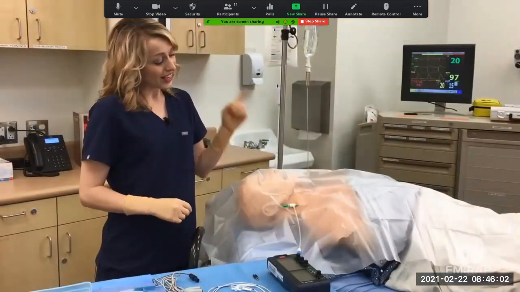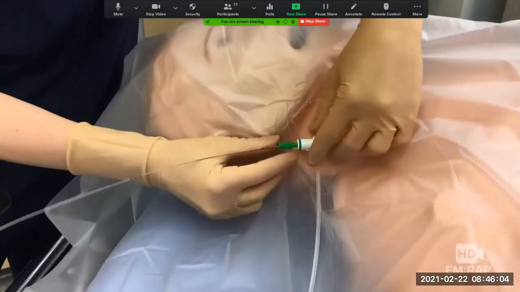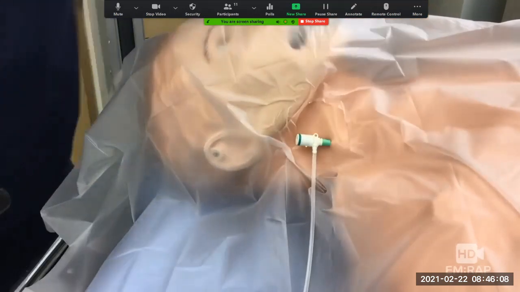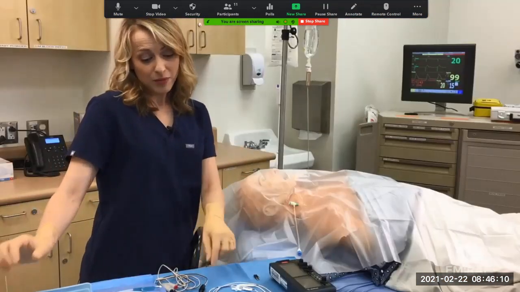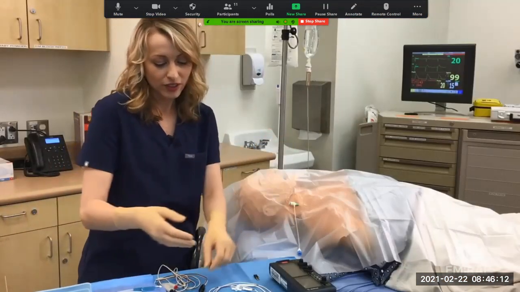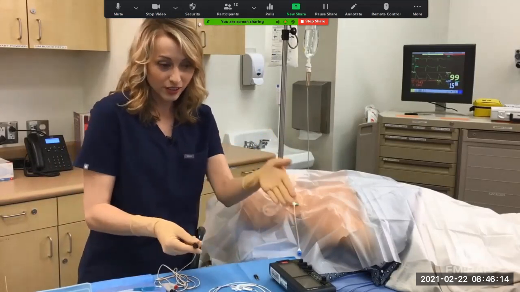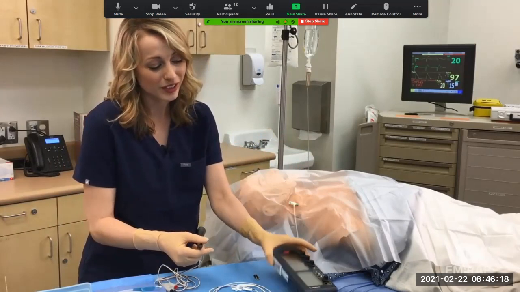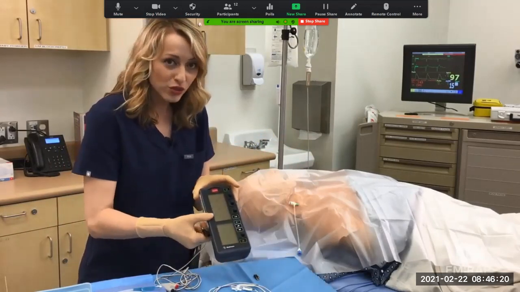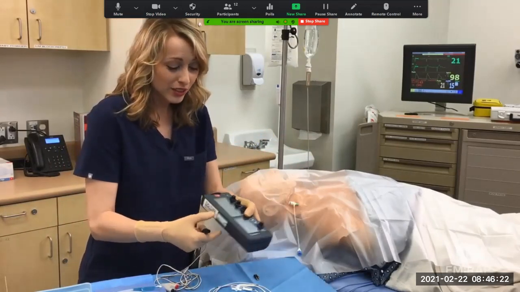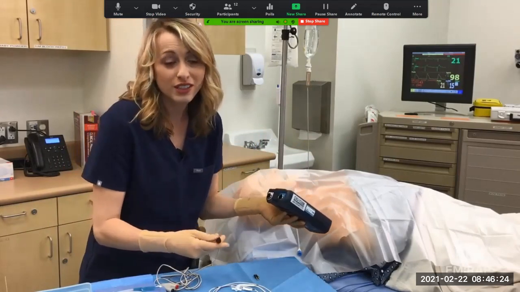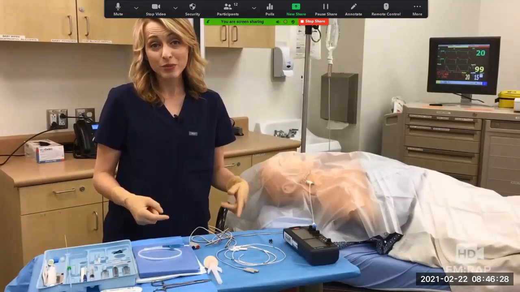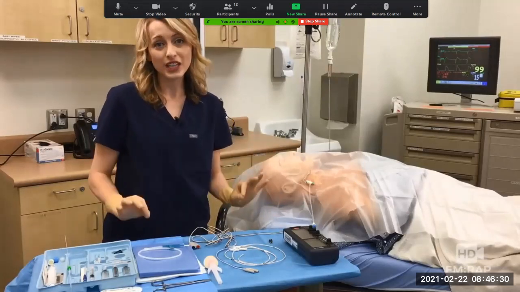Once you've got your cordis in the IJ, now you can remove the wire and the dilator. You can do this all in one motion. Plug the connecting cable into the pacing generator. This is typically sterile. This is not. So you want to have a non-sterile assistant help you with this. Ours can actually be atrial or ventricularly paced, but we're putting this in the RV, so I'm going to plug this into the V.